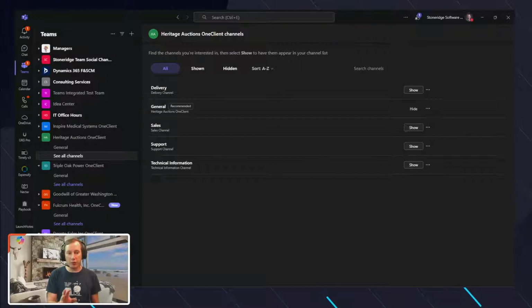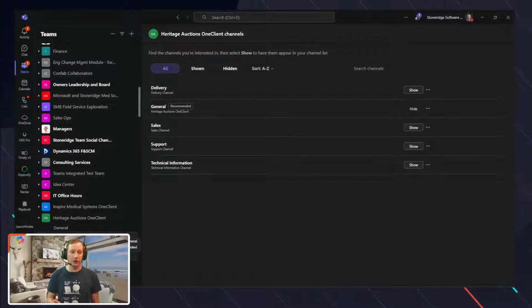I'm going to talk a little bit more about that later, because here's the cool thing about this. We auto-generate all these. We build the channels. We add the apps to the channels. We link Dynamics and embed it inside of, for example, the sales channel so we can see the account details that are related to it. So it's a really nice feature to be able to take a group of people that can interact, obviously, from a delivery, sales, and support perspective that we have on our team as part of that process.